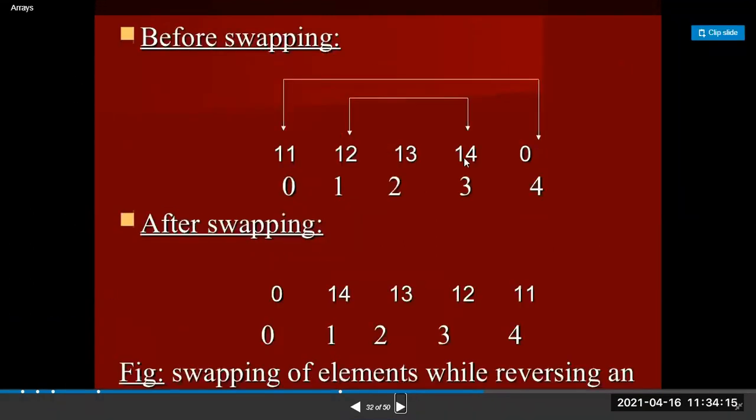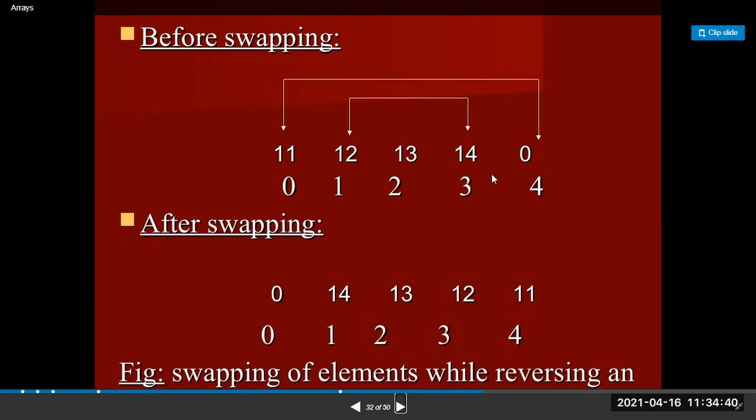See the example here: 11, 12, 13, 14, 0 is there. First I swap this 11 value with 0. Next is the 12 value with 14. 13 remains the same, this is the middle value. So the answer is 0, 14, 13, 12, 11.